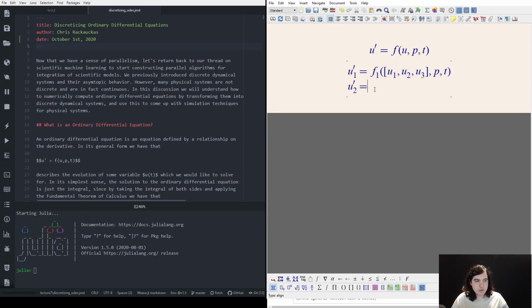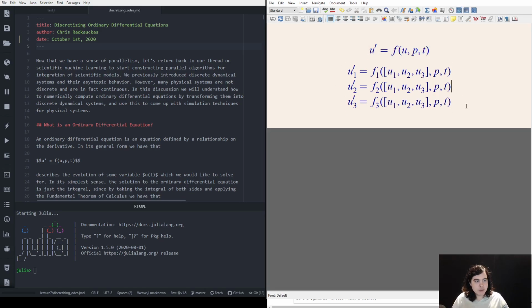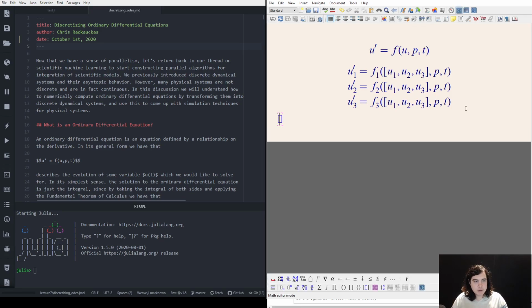And you can get the point for what u3 prime would be, right? So u3 prime equals f3, right? So the way that we write this is just as a vector notation, where we say that